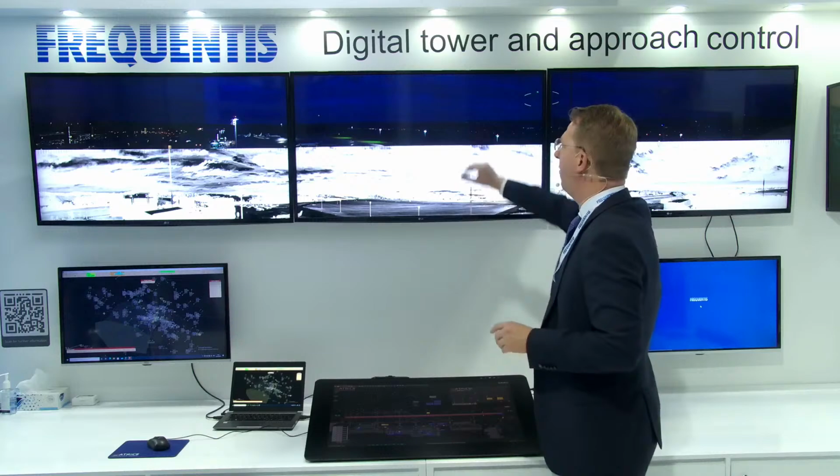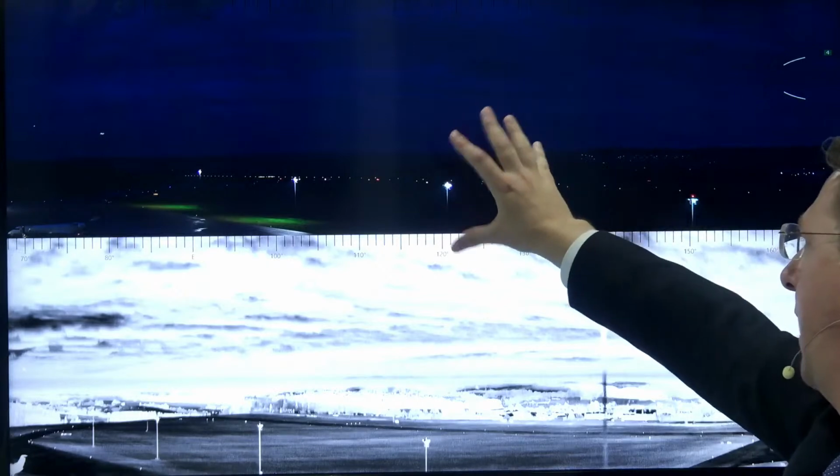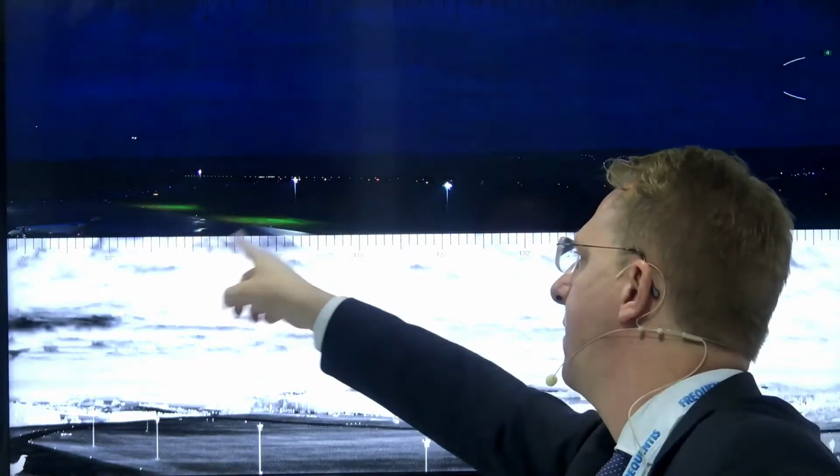So what you can see here in this scenario is a direct comparison between visual cameras and infrared cameras, as we have installed it at Saarbrücken Airport. In the upper part, you see what the visual camera sees, and of course, you can see all lightened objects. Here, in the final approach, you see the aircraft with the landing lights on. You see also the apron areas, which are lightened by the floodlight.